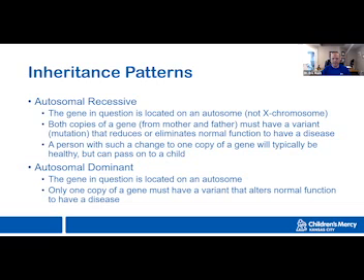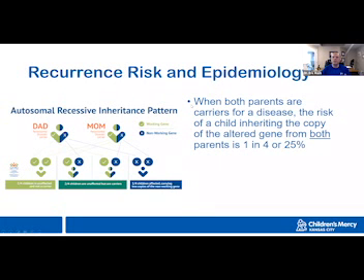Now, dominant is a little bit different. Again, it's still located on the autosome, but there's only one copy of a gene that needs to change in order to change that normal function and have a disease process. So what is this? We're going to boil this down a little more for the recessive, because that's really, this being GFPD and knowing what we know about Zellweger spectrum disorders, what we're most concerned about is autosomal recessive disease.